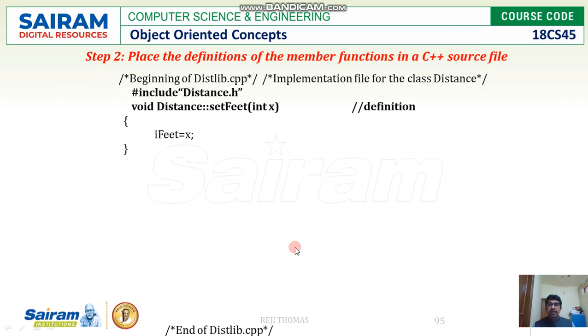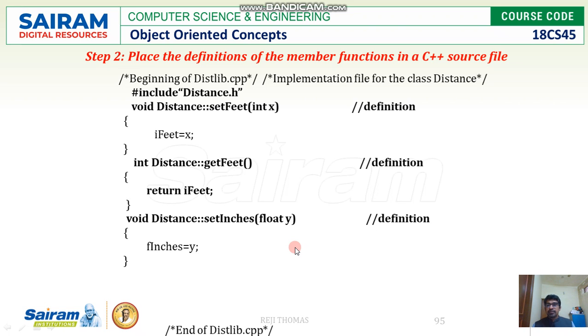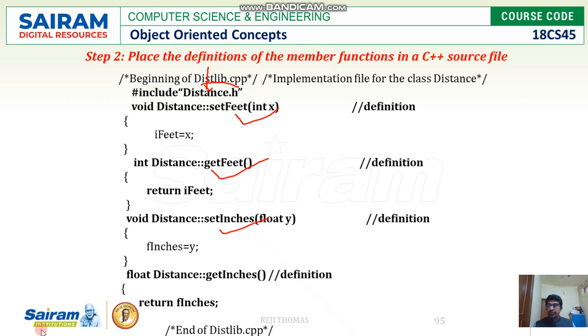Next, you have to write the definitions for the members. If you look at the previous class, we have four member functions. These member functions you have to put inside a .cpp file. So you have to include your class over here. Then you need to write the member functions, where we are going to define all four members, and this should be saved as your file name .cpp.